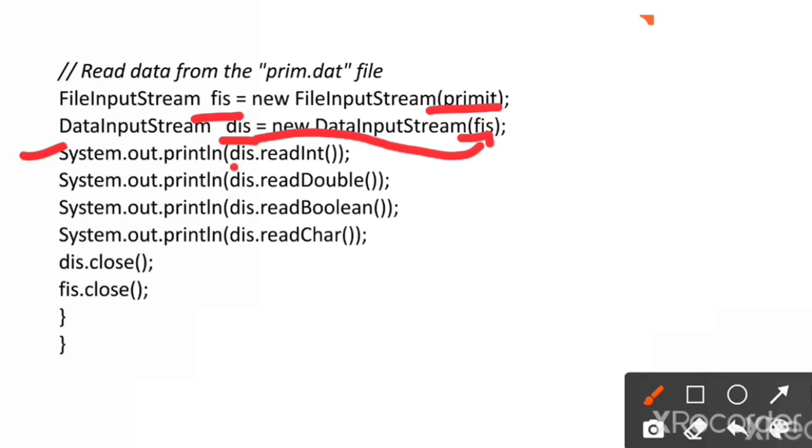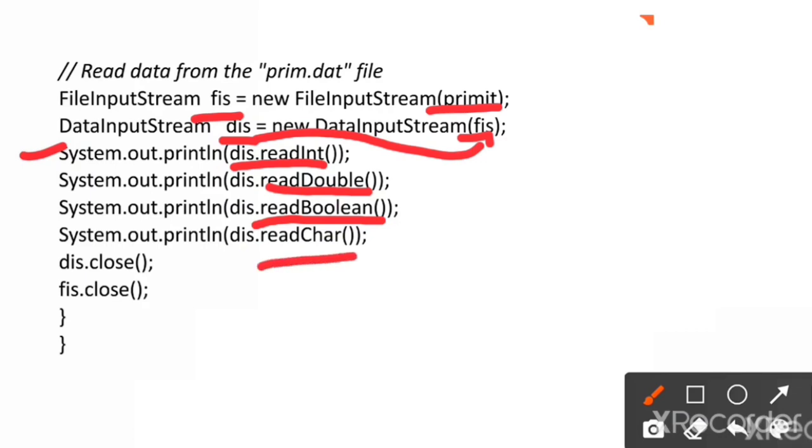So we have to first call the readInt method to read the first integer number, and the next data that was written into the file was a double, hence I am calling readDouble next. And the next data that was written into the file was a boolean type, and to read that boolean data from the file we have to call the readBoolean method. Here you need not specify any address because these methods are automatically called one after the other, and the file pointer is incremented appropriately.